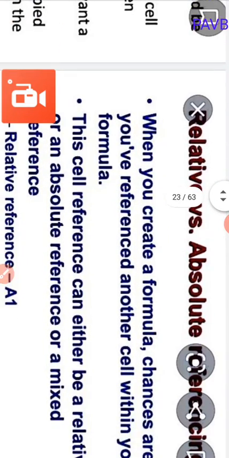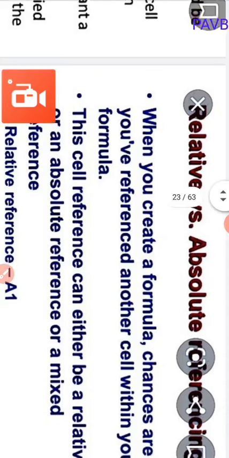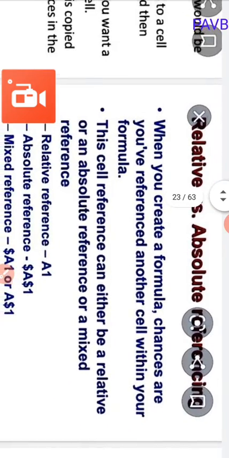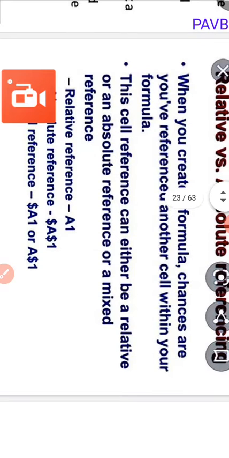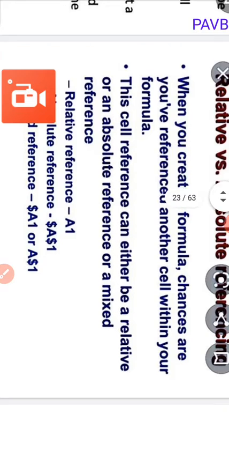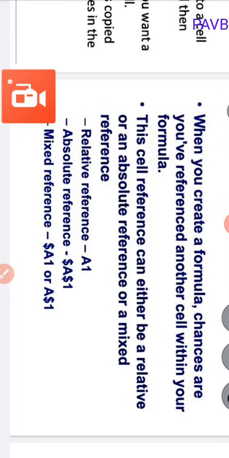The difference between relative addressing and absolute addressing. When you create a formula, the chances are you have referenced another cell within your formula. This cell reference can either be a relative, absolute, or mixed reference. Relative reference is A1.